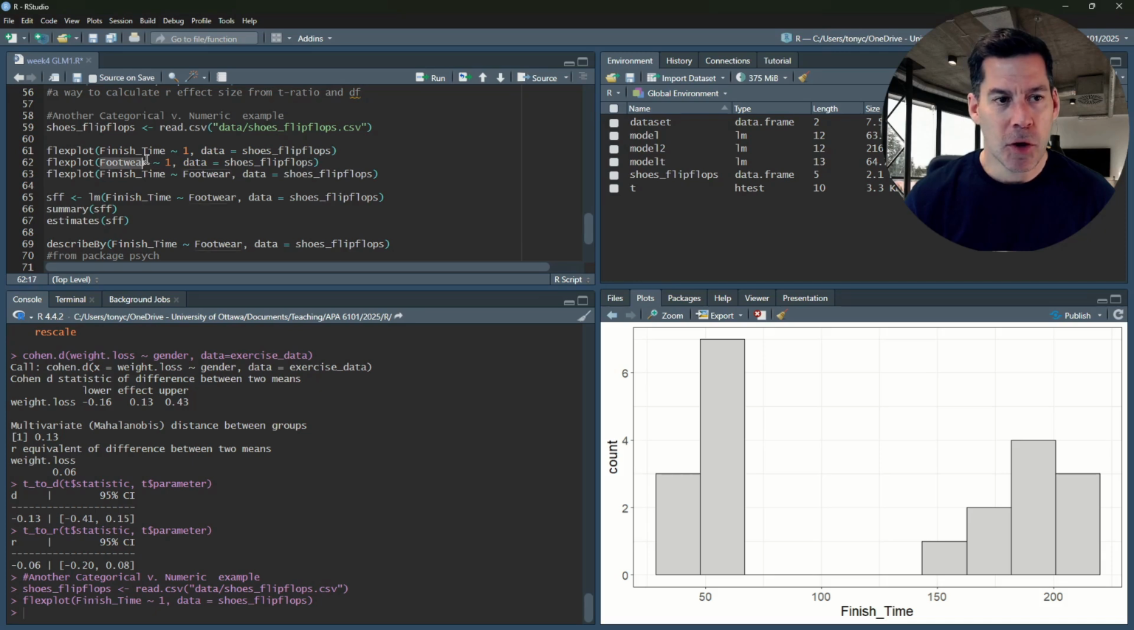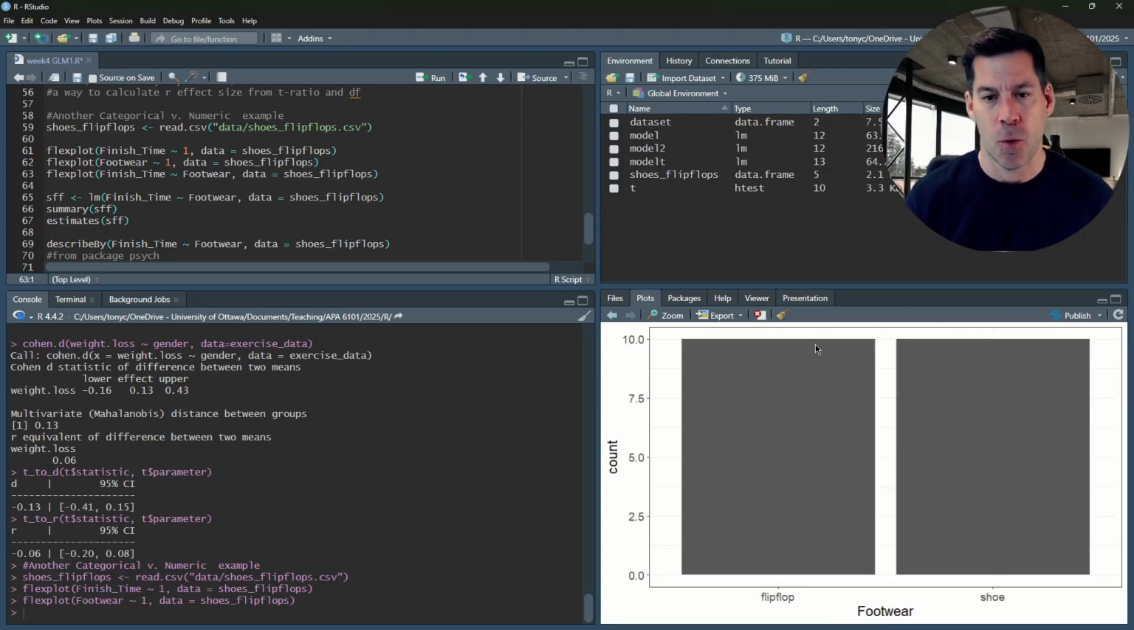We can also look at the size of our groups, right? Do we have some kind of weird missing group? Do we have a third group? So we'll look at footwear as a function of 1, just to give us an idea. It looks like, no, in fact, we've got exactly 10 people in each of these two groups. Great, looks good. So then we'll do the bivariate graph, which shows us finish time as a function of footwear,